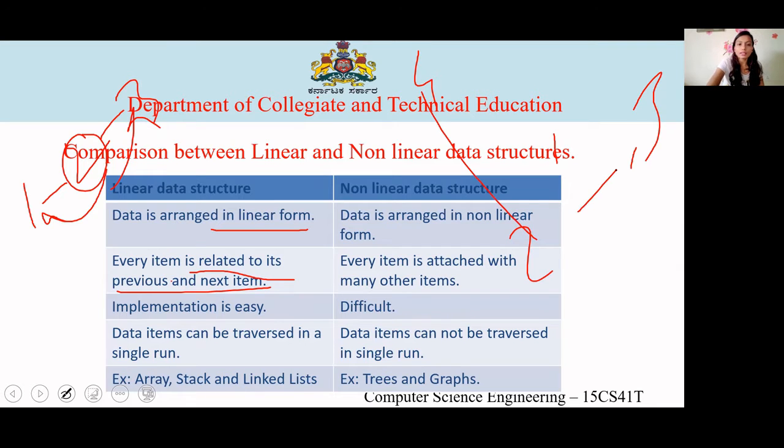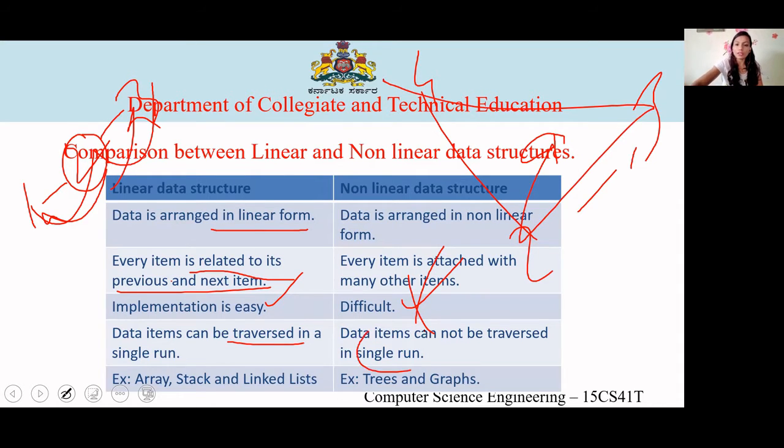So implementation is easy in linear data structure, whereas difficult in non-linear data structure. And data items can be traversed. Traversed means we can go easily, visit. See, from 1 to 2, we can visit 2 to 3. Here, 1 is here, then from 1, we have to search where is 2, then 3, then 4.